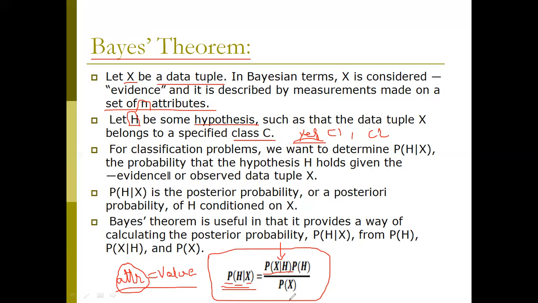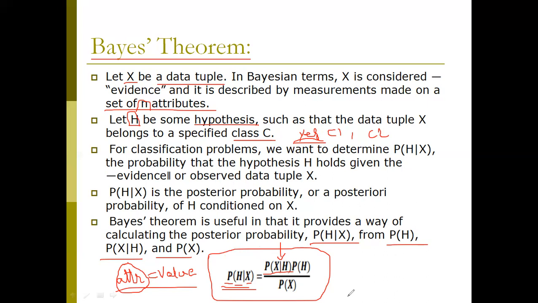Divided by P of X, the probability of the attribute. This is the formula for Bayes theorem, for calculating the posterior probability P of H by X from P of H, P of X by H and P of X. By calculating these three values, we get the posterior probability,